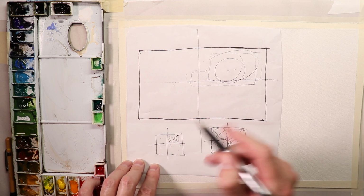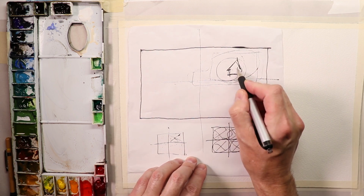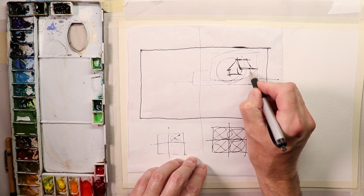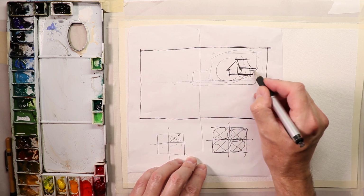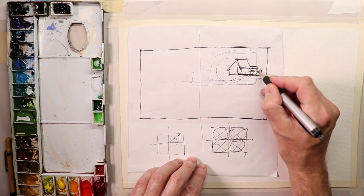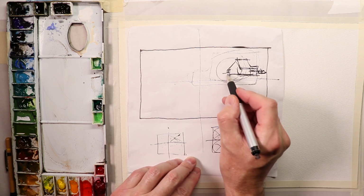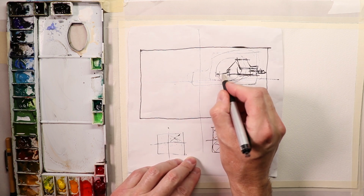We're going to make it right there, and then we're just going to put like a shack over here, a nice sea shack. So we're going to have a little bit of that. I'll do it a little different than this, but I'm just kind of giving you a beginning idea. So there we'll have our shack,